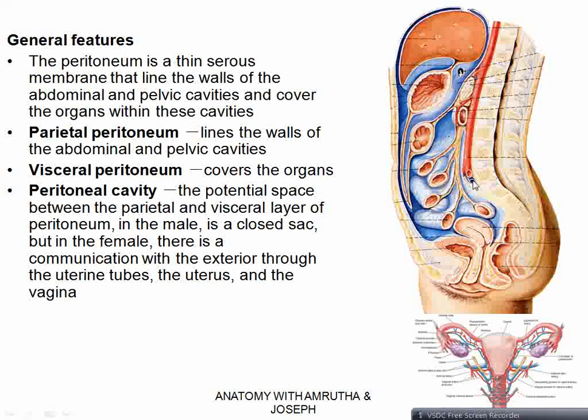Remember, when it is covering the posterior abdominal wall, anterior abdominal wall, lateral abdominal wall, pelvic wall, they are called parietal peritoneum, but whenever it covers an organ, it is visceral peritoneum. Now the parietal peritoneum that continues downwards covers the uterus as visceral peritoneum, again covering the urinary bladder, becoming parietal peritoneum, covering the posterior aspect of the anterior abdominal wall. Now the area between the parietal peritoneum and the visceral peritoneum here is called the peritoneal cavity, which is filled